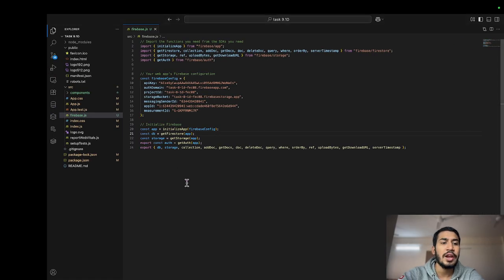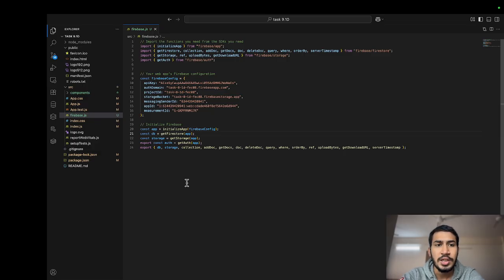This is my firebase.js code. In this we have imported various functions. In the first line I imported initializeApp, with which we initialized the Firebase setup. After that we imported getFirestore, collection, getDocs, addDoc, different libraries from the Firestore database. And at last we imported getStorage to store the image or the URL for the image